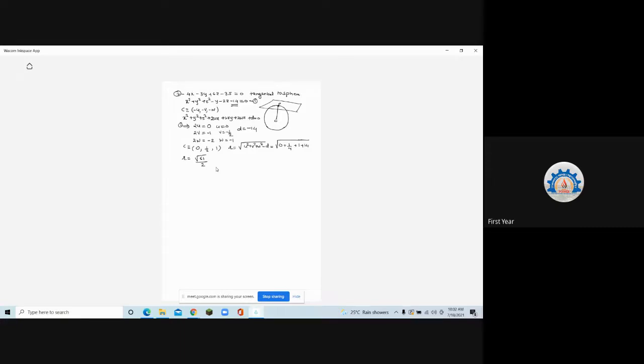So this is your radius, correct everyone? Radius of the sphere is found. What we have to prove now? Length of perpendicular from C to the plane is also equal to root 61 by 2. Okay, this we have to prove. Only then will I say that this plane is tangential to the sphere.